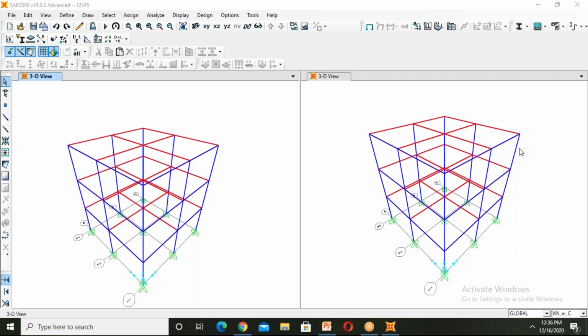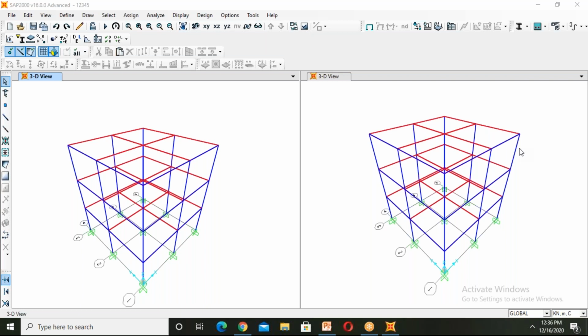Yes, sir, and ETABS is more user-friendly compared to SAP and StaadPro. In ETABS, the linear analysis and response spectrum analysis give more accurate values, other than pushover and time history analysis. SAP is more for non-linear analysis. One more thing, I think time history analysis can't be done in ETABS, right, ma'am?